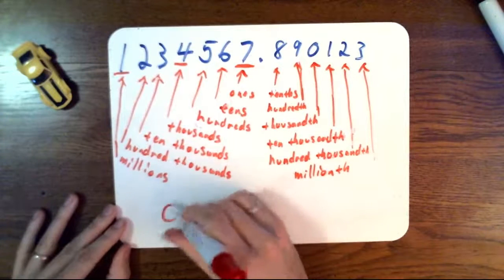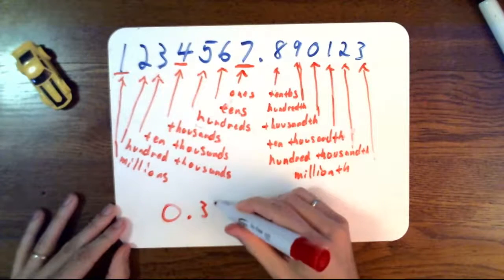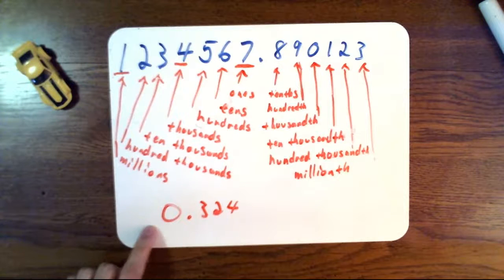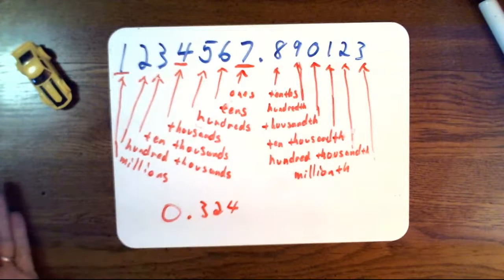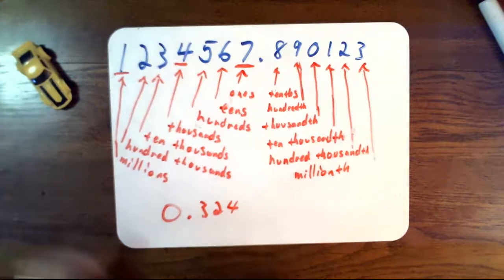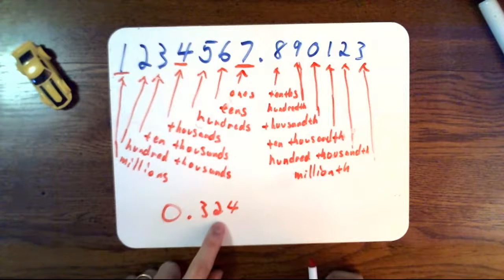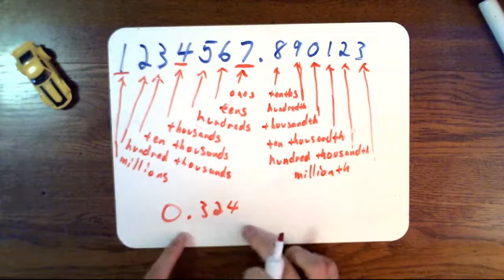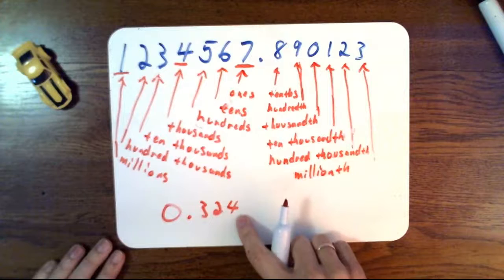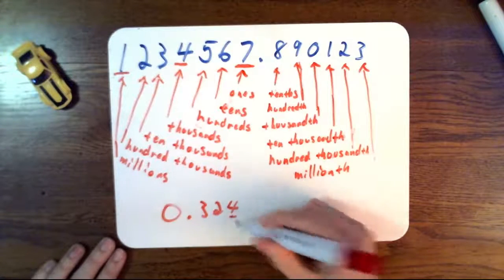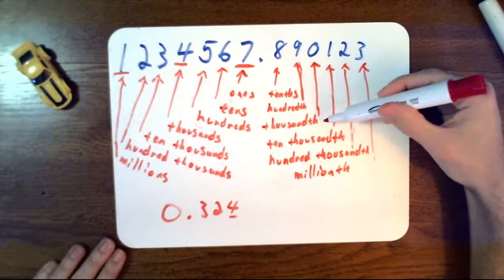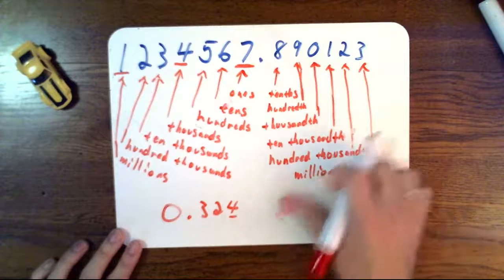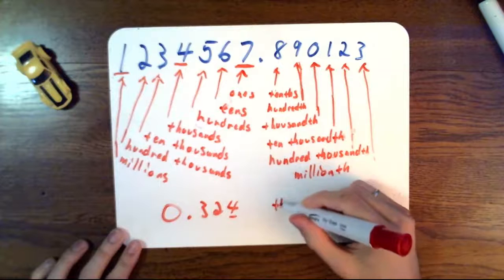I guess another one would be something like, so we have no ones, no tens, no hundreds, nothing bigger than 1. But we have 3 tenths, 2 hundredths, and 4 thousandths. So the way that you would express this is always by the last number. What is the place of the last number? Well, this is the thousandth position. So I would write this out as